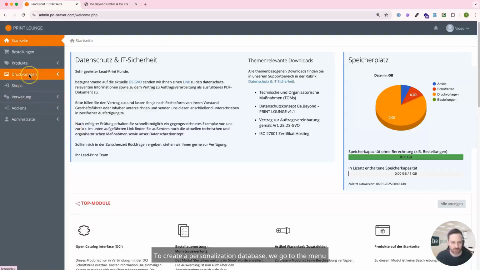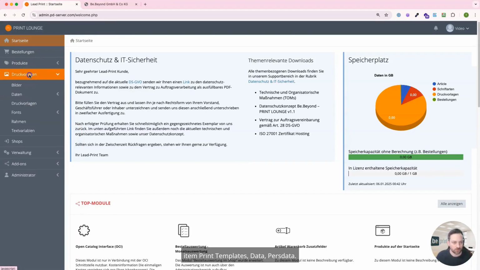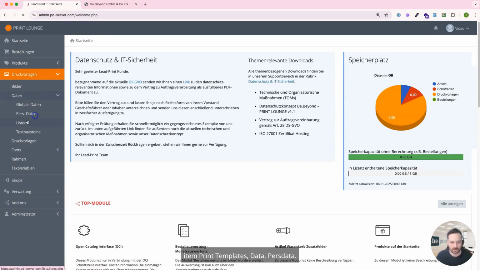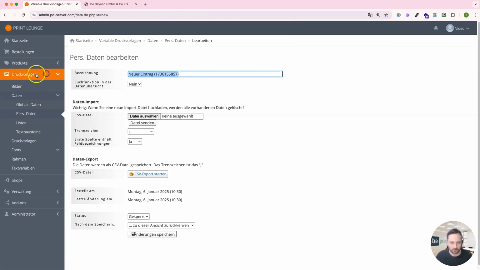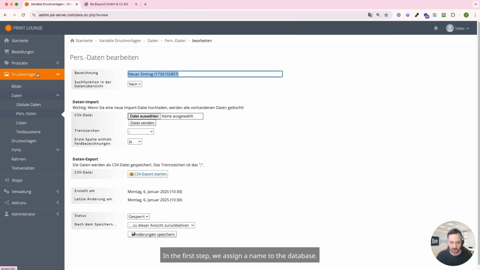To create a personalization database, we go to the menu item Print Templates, Data, Pers Data. By clicking the Create New Database button, as the name suggests, we can create a new database. In the first step, we assign a name to the database